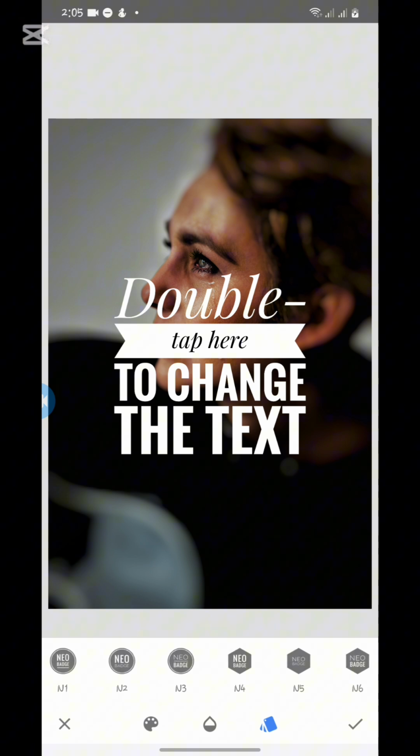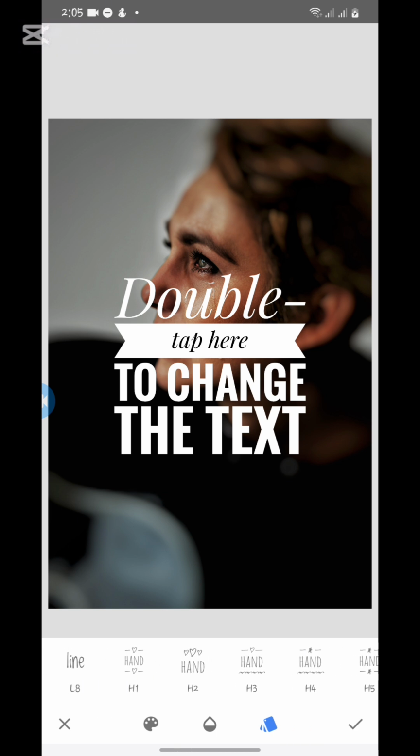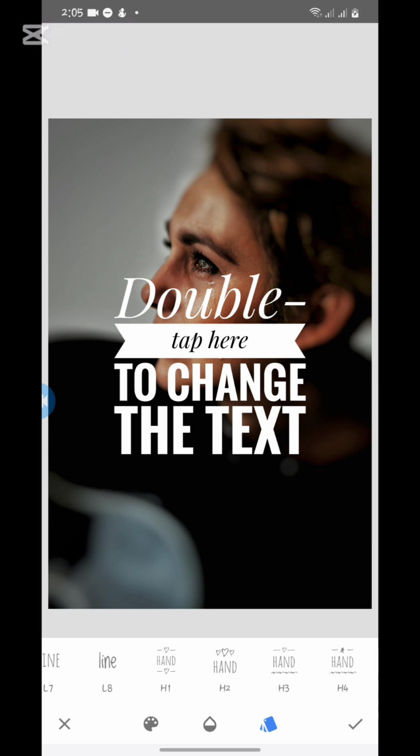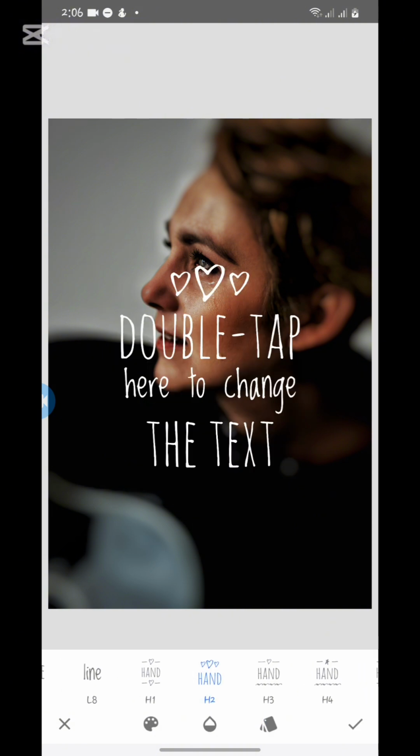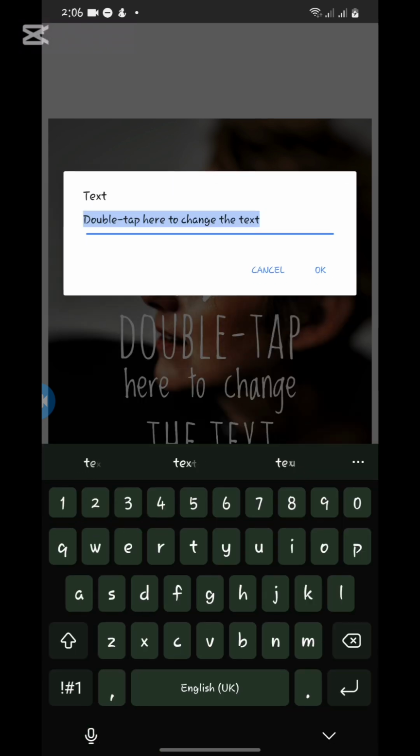Let me just look for a funny... what tag would have been a very nice one here? I don't know. Let me just add something. Double tap here to change the text. So I'll go ahead to change something like